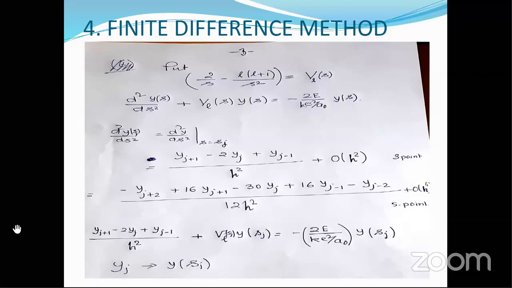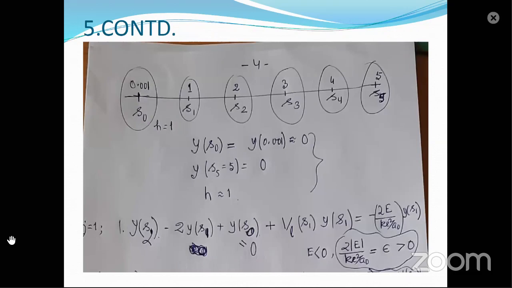So put j equal 1 in our difference equation, which is appearing in the previous slide. Here you put j equal 1 and h of course is 1 because you have taken each grid of width equal 1 Bohr radius. So coming back to the fifth slide, for j equal 1, you have equation ys2 minus 2ys1